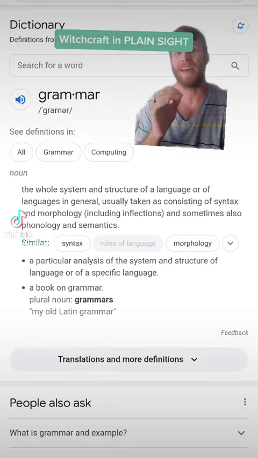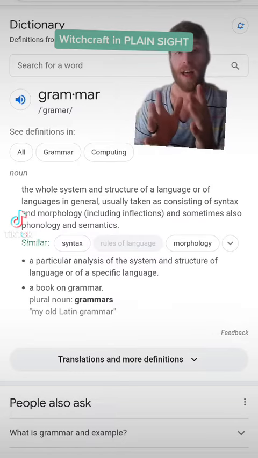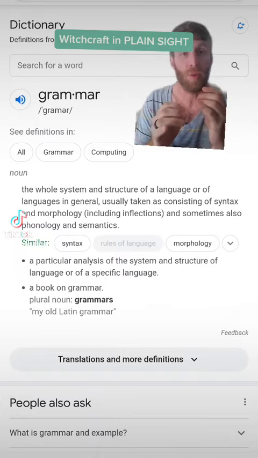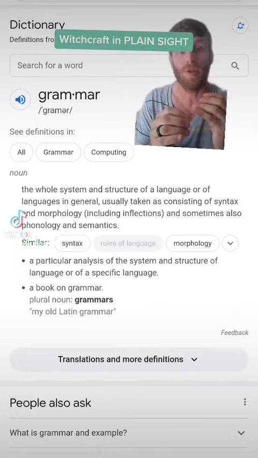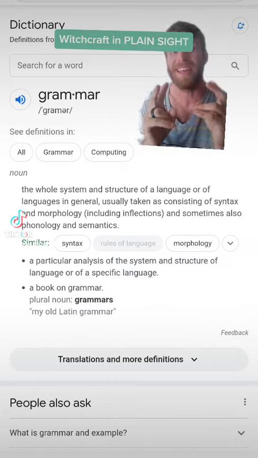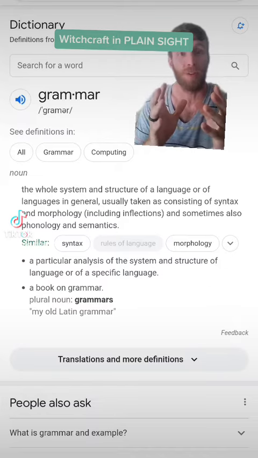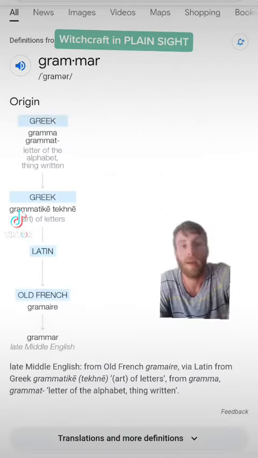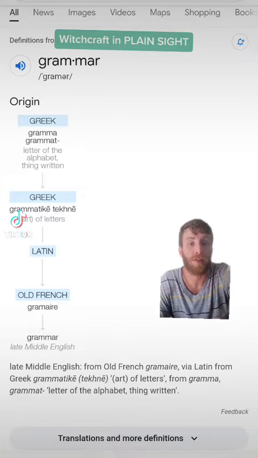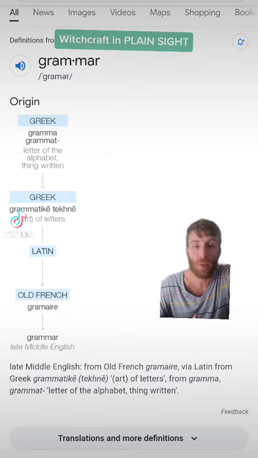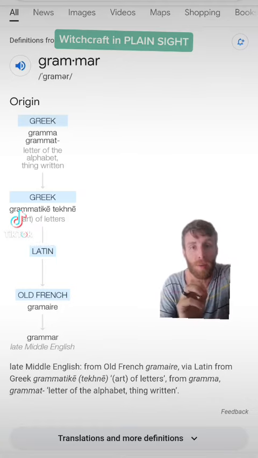Now, when you break down the etymology, going back to the first slide, of these two words, you find that the origins of these particular words and the context in which you're maybe using them in the regular quote-unquote English language has much more what would be considered by most occultists to be magic. It may seem like a far-off stretch that anything like that could be attributed to what would be considered magic, but like I said, when you trace these words back and through their history, quote-unquote, you'll see that grammar originally